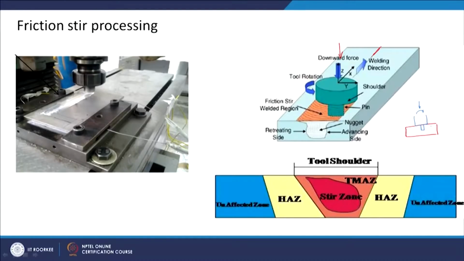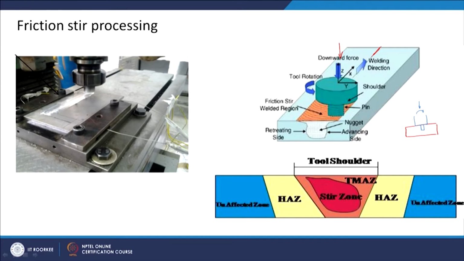So, you can understand this process as what you do in a mixie, or in a mixer. You are rotating whatever is kept inside the container. So, here also you have a rotation of the material around the pin. Both the thermal and mechanical processes are combined here, and because of that, if it is a welding process, you do the welding. And if it is a monolithic material, then you can consider it as processing.